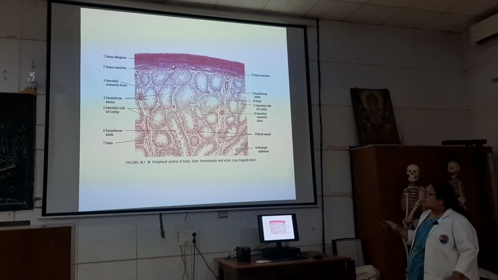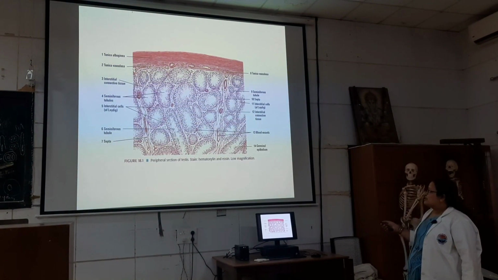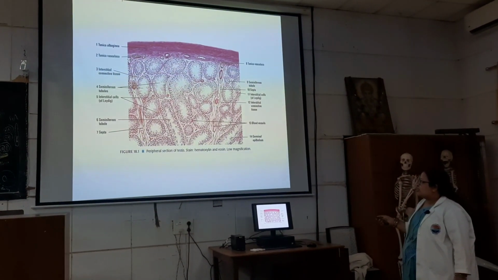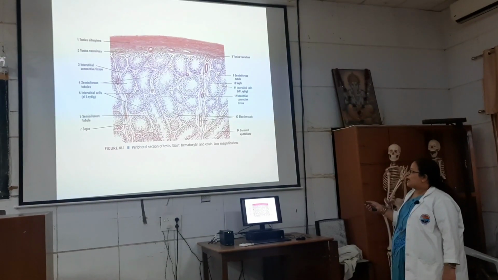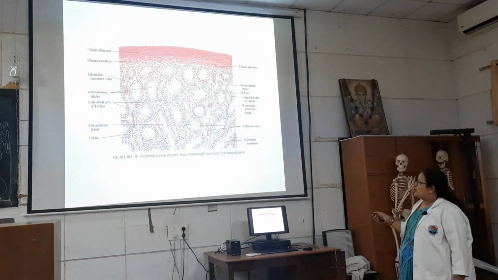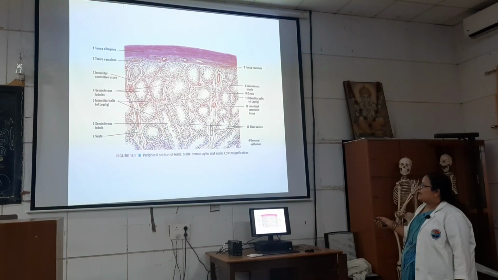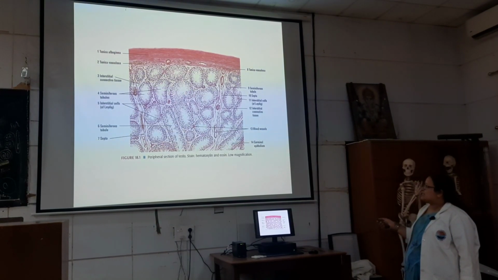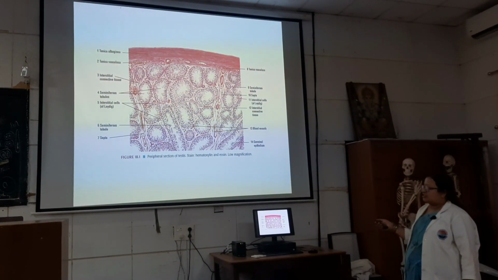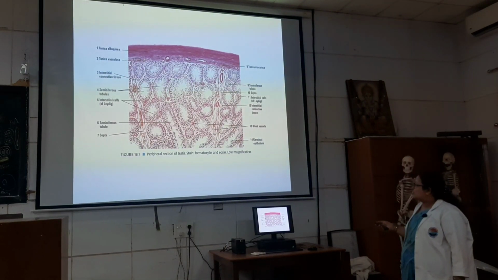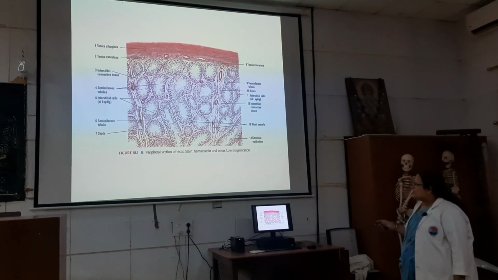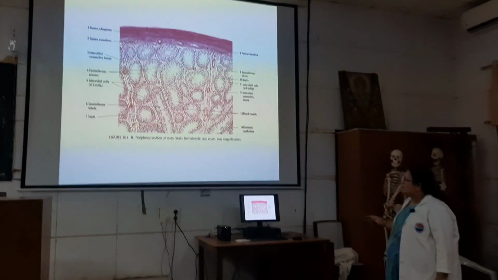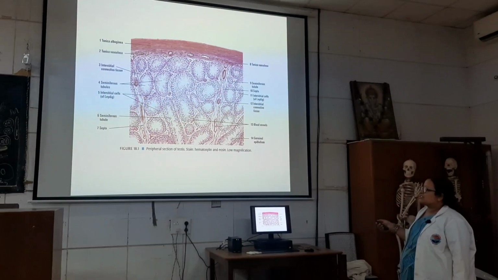And now we will concentrate on the cells. What we will see is the seminiferous tubules. The seminiferous tubules are lined by two types of cells. Outermost is the basement membrane, over which lie two types of cells, the Sertoli cells and the spermatogenic cells, which are in different stages of maturation. You can see the Sertoli cells. These are elongated cells having an elongated nucleus. These are the Sertoli cells, which are the supporting cells.